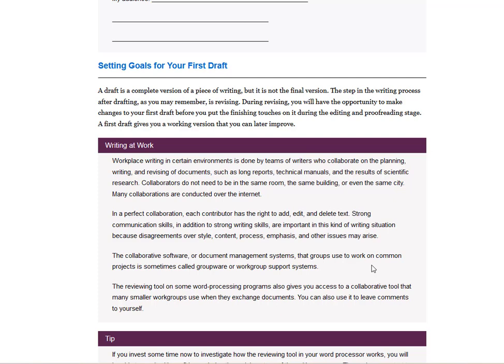In a perfect collaboration, each contributor has the right to add, edit, and delete text. Strong communication skills, in addition to strong writing skills, are important in this kind of writing situation because disagreements over style, content, process, emphasis, and other issues may arise.